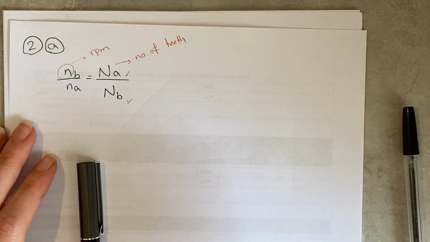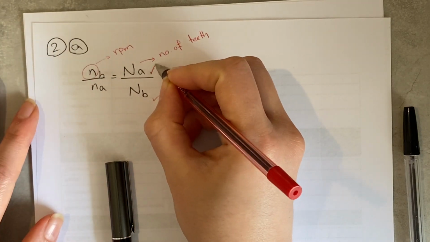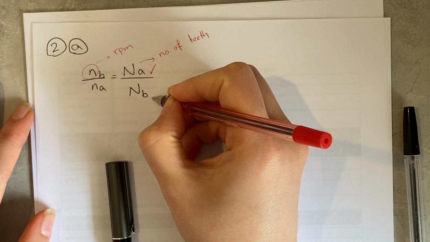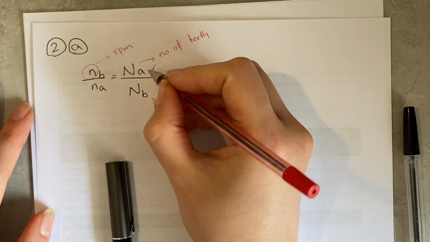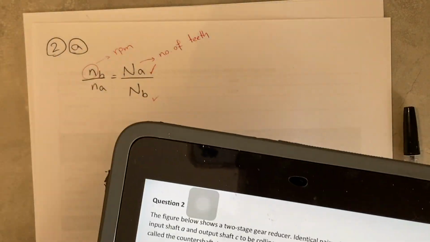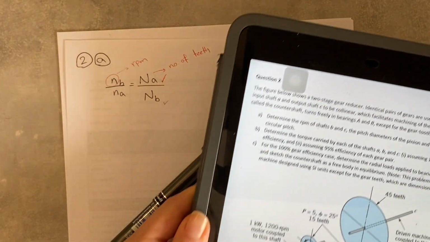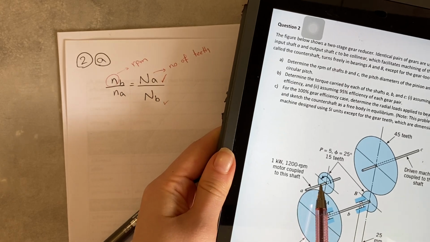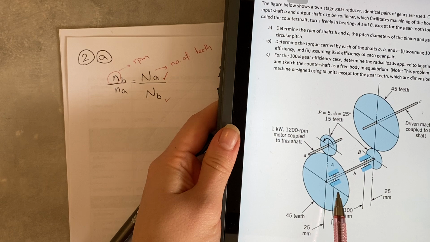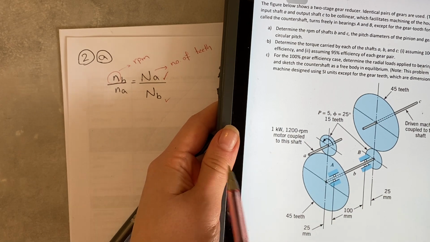We know the number of teeth of the gear on shaft A, the pinion on shaft A, which is this one, and the number of teeth on the gear on shaft B, which is this one,